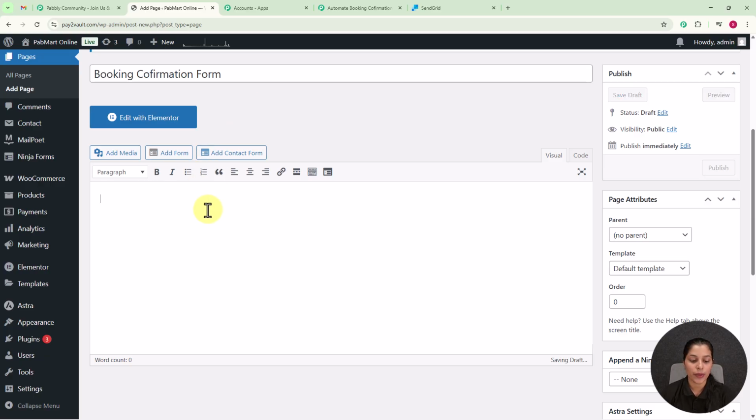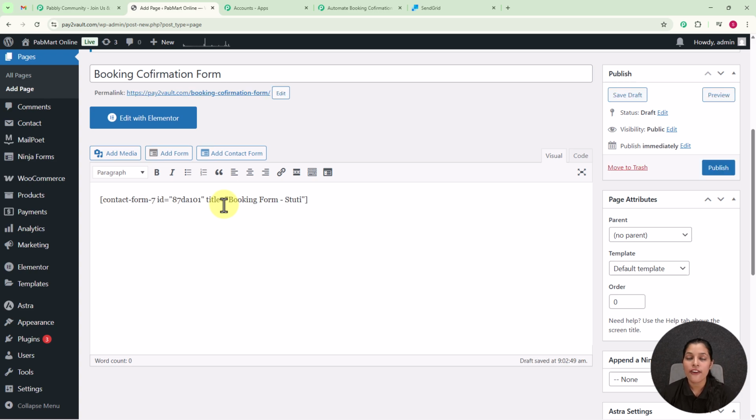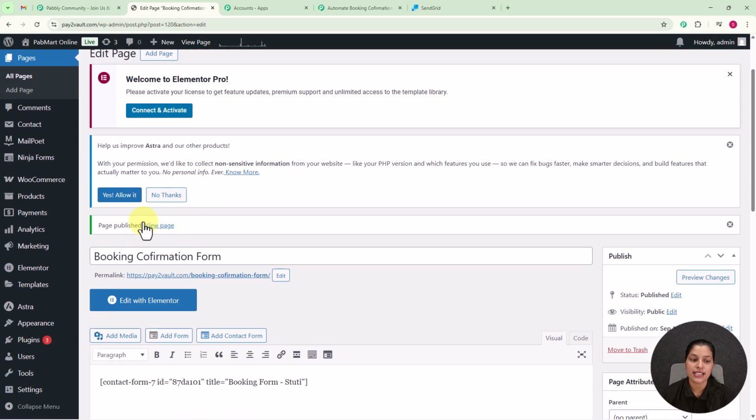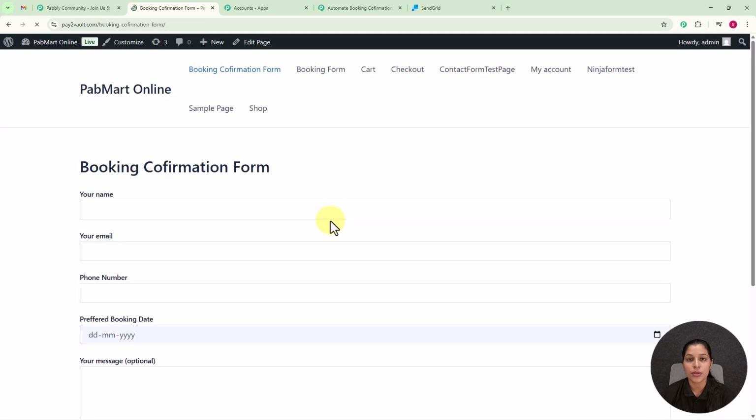Now I am going to paste the shortcode which I have recently received from my Contact Form 7 for getting my booking confirmation form, and now we just have to click on this publish button for publishing our form. And here you can see our page has been successfully published. Now we simply have to click on this view page button, and we will land on the form which